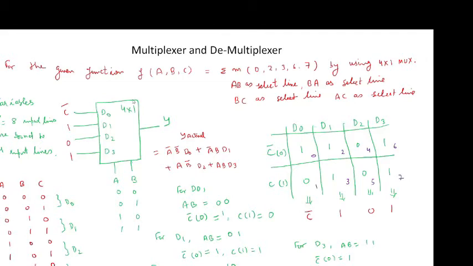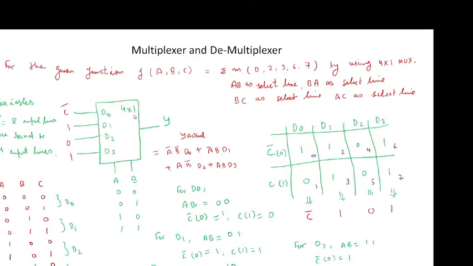Now here we have to select AB as the select lines. Now if I am selecting AB as the select lines, that means there will be 4 rows, because there are 2 variables. Because there are 3 variables, if I am selecting AB as the select lines, then I have to select C in the input lines.